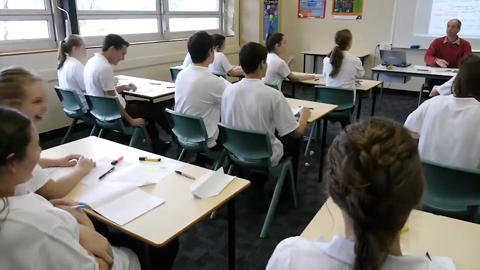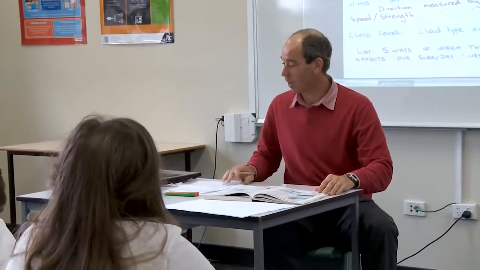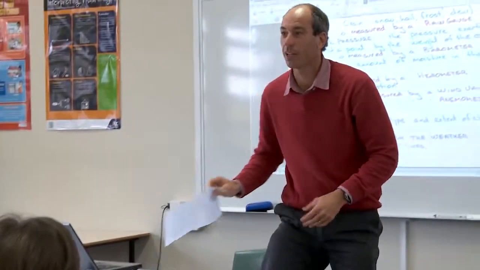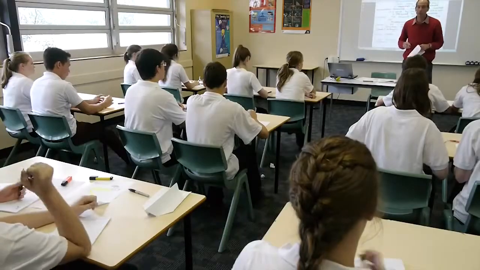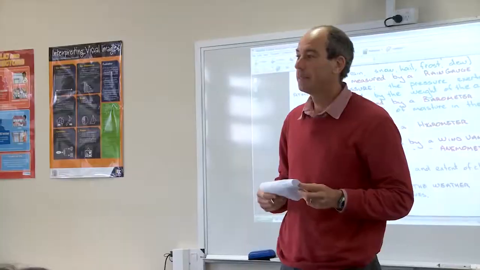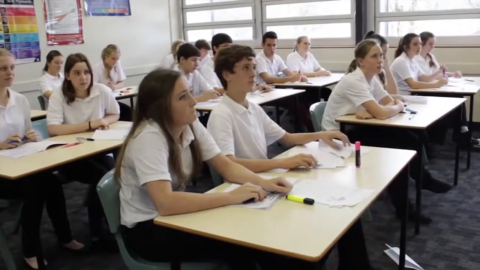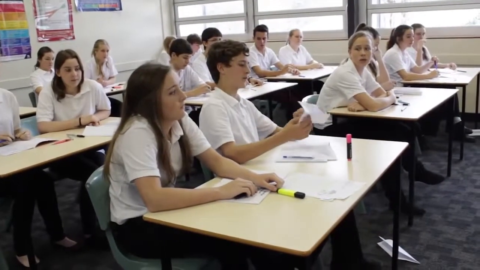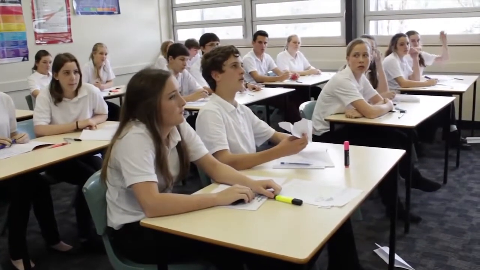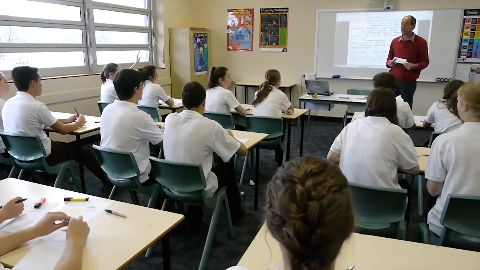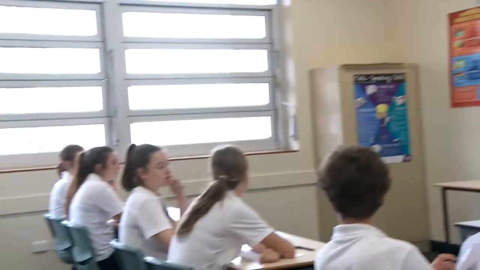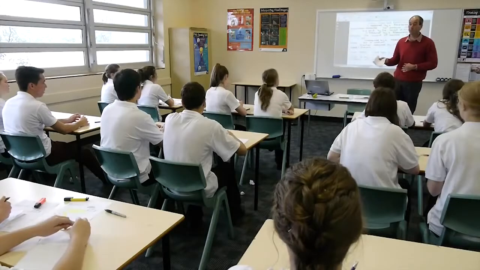Okay, settle down. Okay, let's quickly, we finished our brainstorming there. Let's have a quick look. What have you come up with? 5 ways the weather affects our everyday lives. Anyone? If it's hot, it makes me thirsty. Yeah, good. When it rains, you have to stay inside. Okay, good.